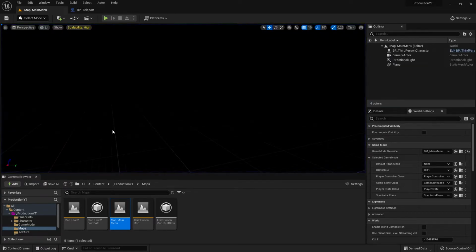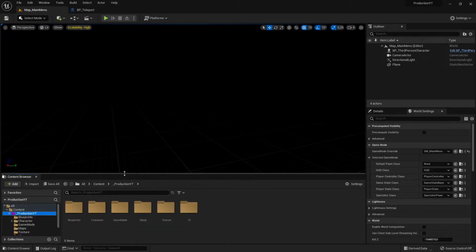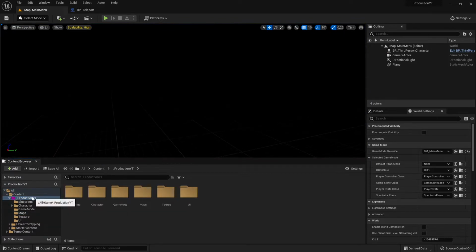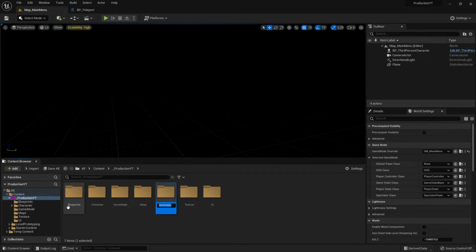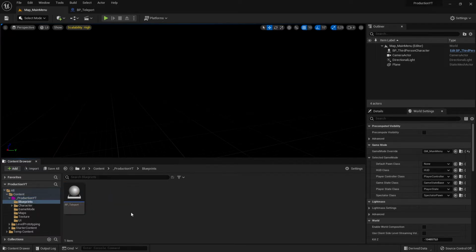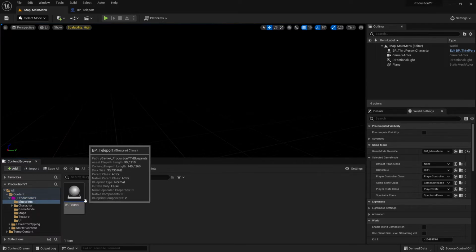How do we do this? We go to our production folder. In this production folder, we go here, right click, new folder, and what you are going to create is this blueprint folder. I already created this one. Okay, I delete this one because I don't need it. You create this blueprint folder. After you created this blueprint folder, you open it, double click on it, and then we have to talk about